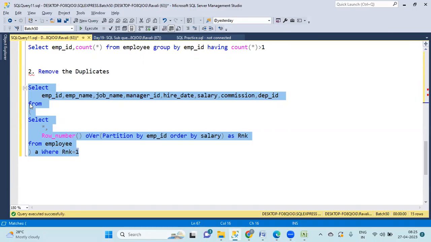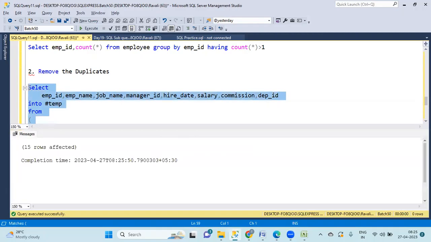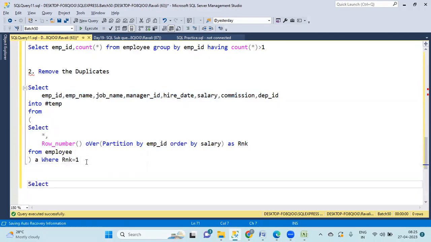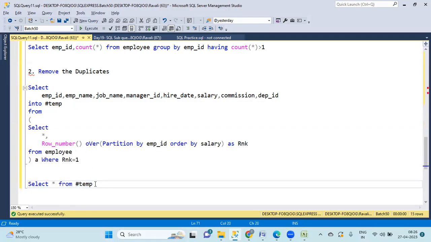So see the output of this table. I'm just loading into one table. So I'm just giving 10. So output of this table, I'm just loading into one temporary table. So the 15 records have loaded. Select star from temp. So I have the corrected data in the temp table now. So next what you need to do is